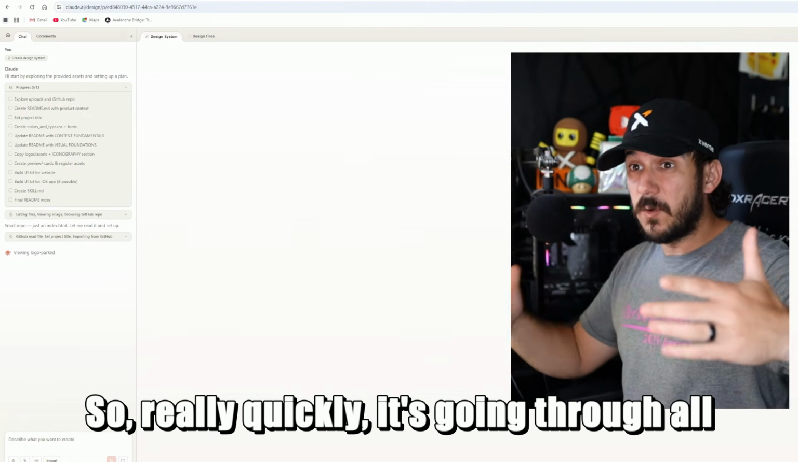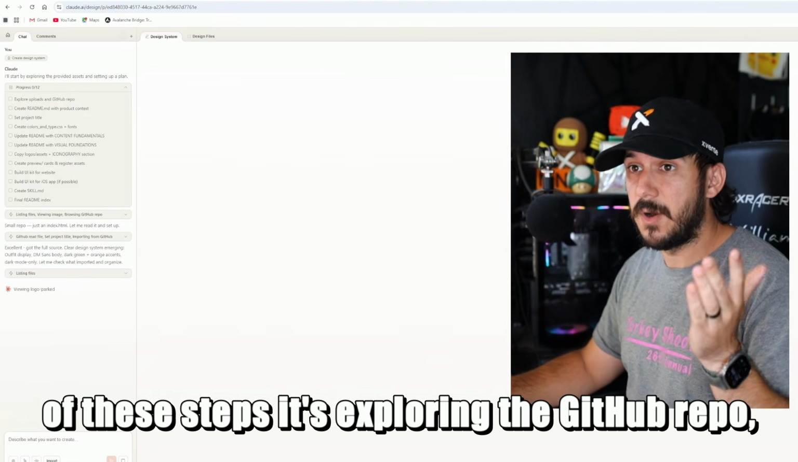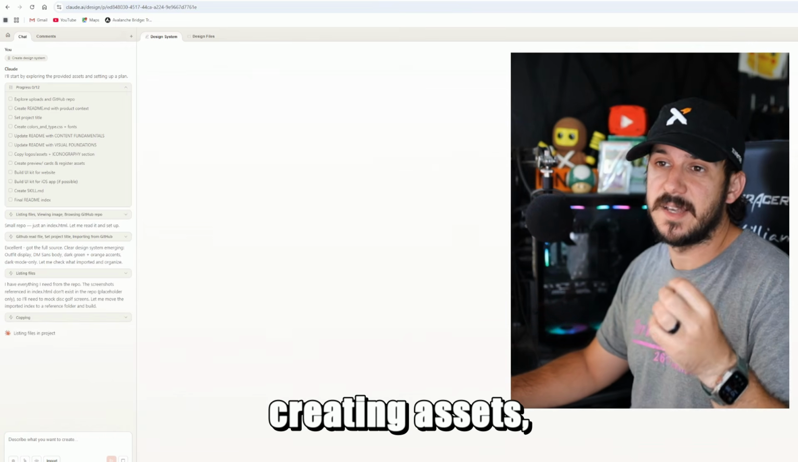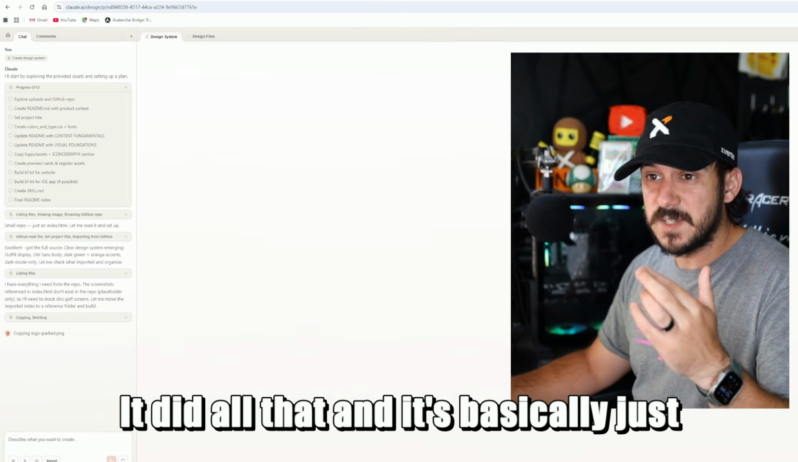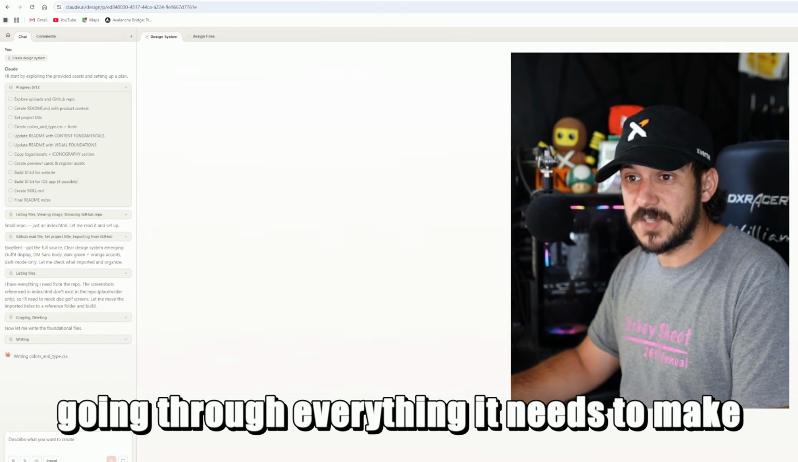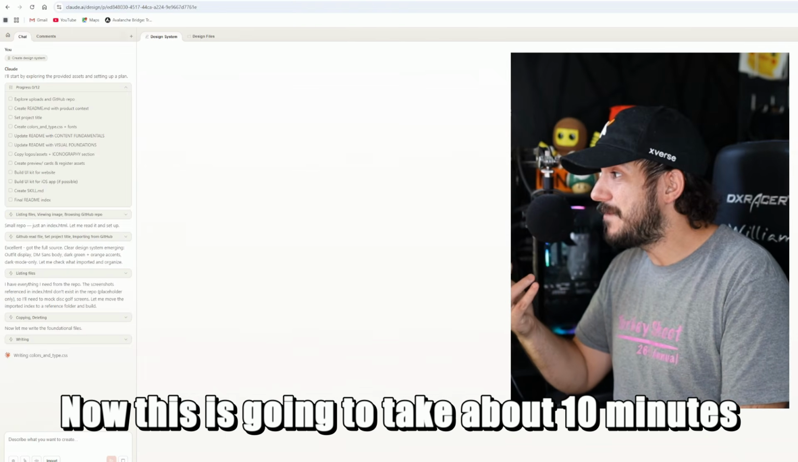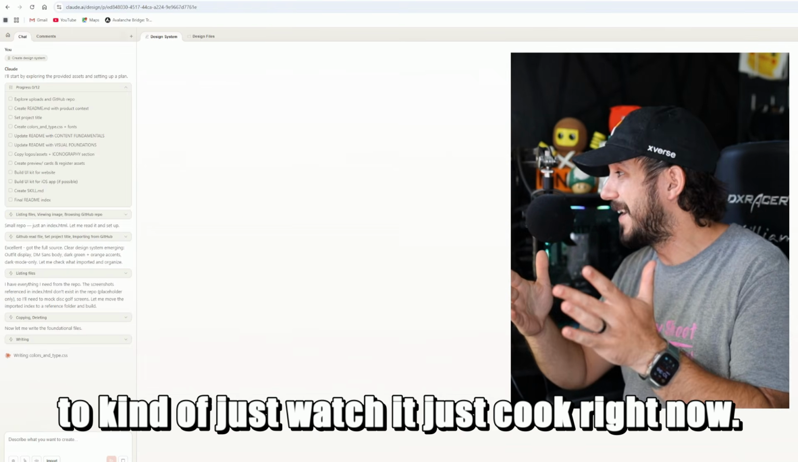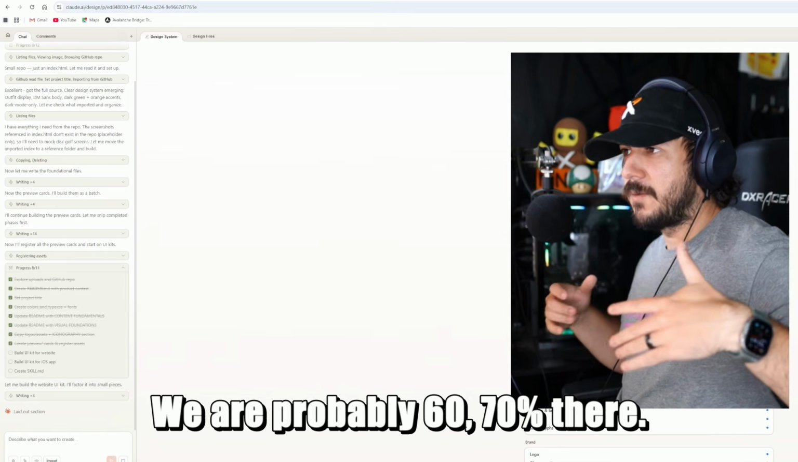So really quickly, it's going through all of these steps. It's exploring the GitHub repo, creating the README, setting project files, creating assets, creating a skill. It did all that, and it's basically just going through everything it needs to make this better, and it's going really quickly. Now, this is going to take about 10 minutes to complete the whole process, but it's cool to just watch it cook right now. So this is pretty cool. So it's still going right now. We are probably